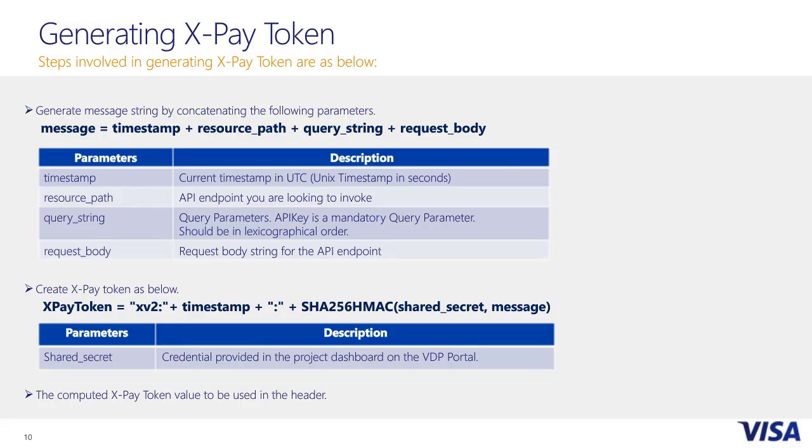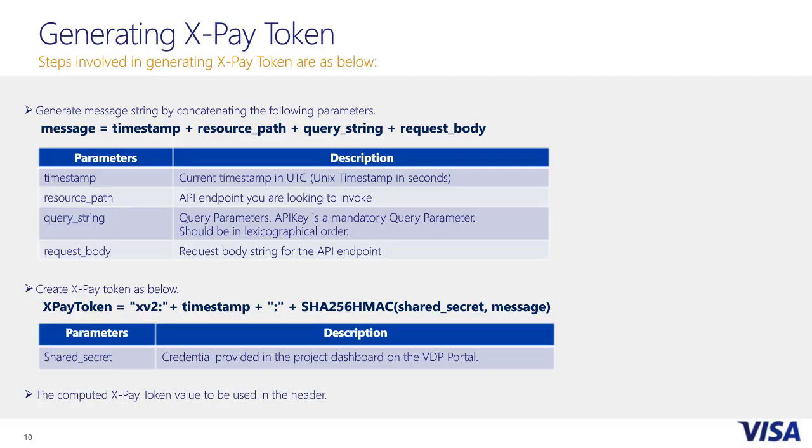So remember from our earlier discussion of HTTP signature that the structured string is required and we encode that particular part. So here the structured string is the message, which is composed of the timestamp, the resource path, the query string, and the request body. Now, there are a few things that you need to take note of. One is that the query string, which consists of your query parameters, must be in alphabetical order. Then the second thing is about resource path, which actually differs from product to product. And we will tell you a little bit more detail in the next slide.